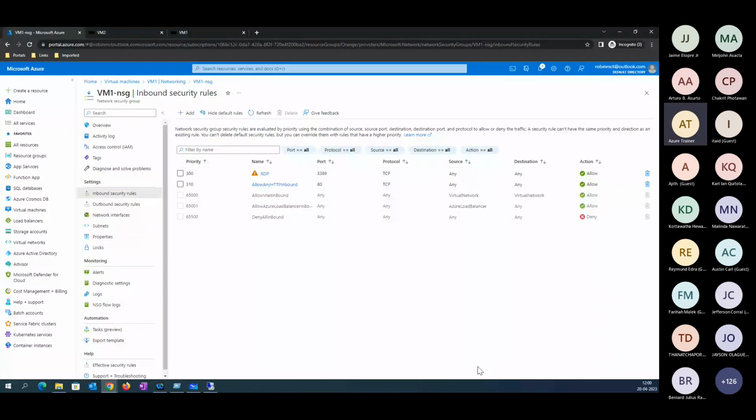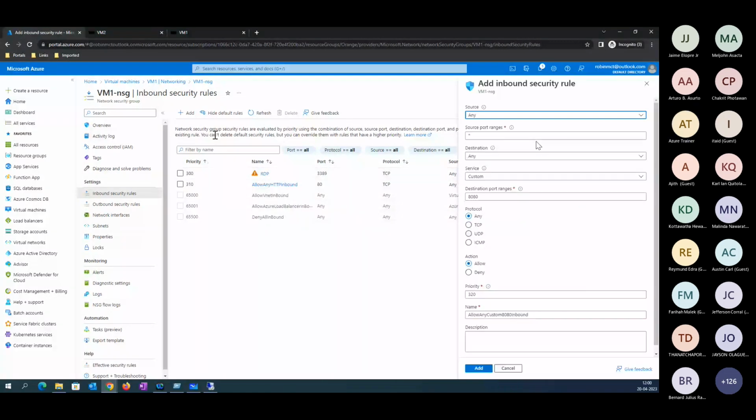Even FTP can be configured here. Right now, you can see HTTP has been allowed. If you go to HTTPS, the custom port is HTTPS here.